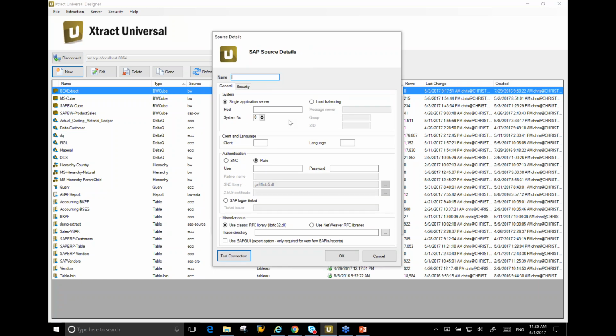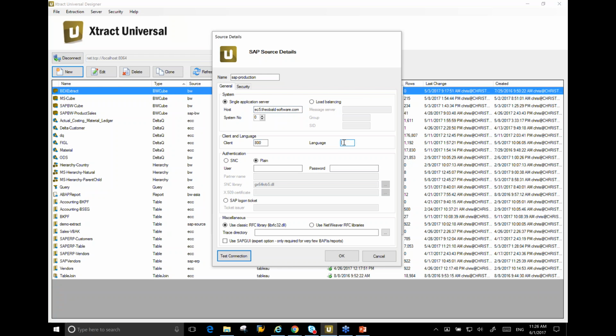And you can give your SAP system a name. All right, let's call it SAP Production. Could also be a sandbox environment. And then you specify your connection parameters. This is very similar. It's almost identical, in fact, how a user would connect to SAP using SAP GUI. So you can specify your SAP environment. In my case, I have a system exposed here on the internet that I can connect to,